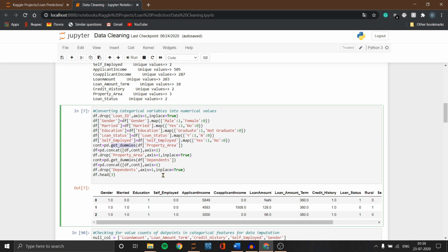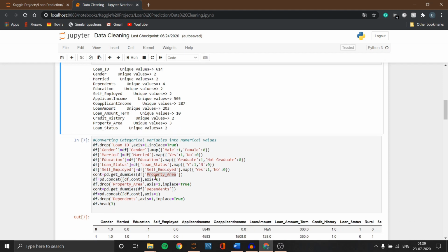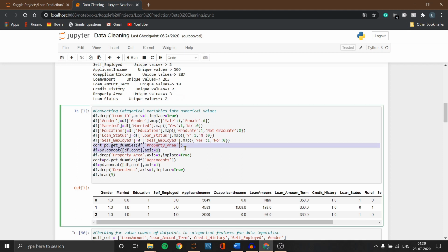Now the reason for that is, as we can look here, the property area column has more than two categorical variables. Therefore the map method cannot work here. So I need to make dummy columns out of this column. After making the dummy columns, I will concatenate these columns to my original data frame and then drop the actual property area column from my original data